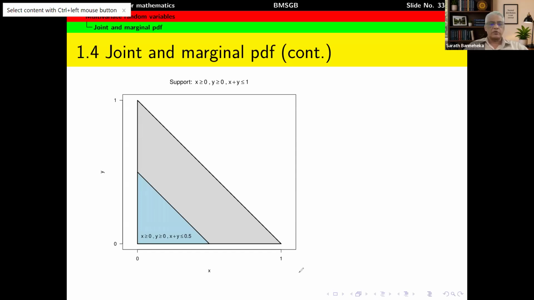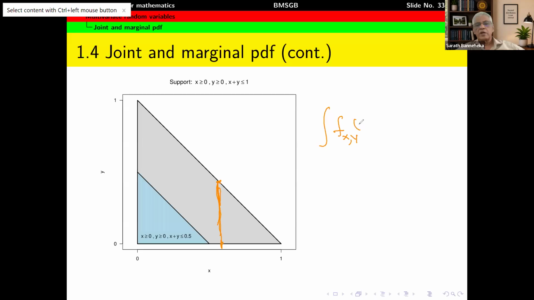Right. So in order to explain this, let me draw something. So for example, suppose I want to find out the marginal distribution at some value x here, right? So what I have to do is I have to integrate the density function. Suppose this is a vertical line. I have to integrate the joint density function with respect to y from this point to this point. Right. So I have to integrate the joint density function